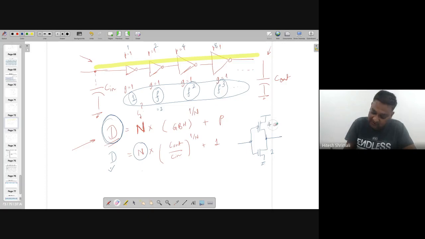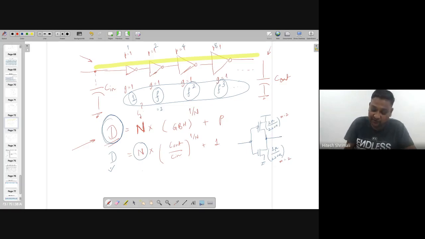But just to make everything matching, if the first one is 1 micro divided by 220 nanometer, and this one is 2 micro divided by 220 nanometer, I know that every time there is some multiplication number, and everything is normalized with these numbers. So what I'm going to do is keep in this particular transistor m equal to 2 and m equal to 2